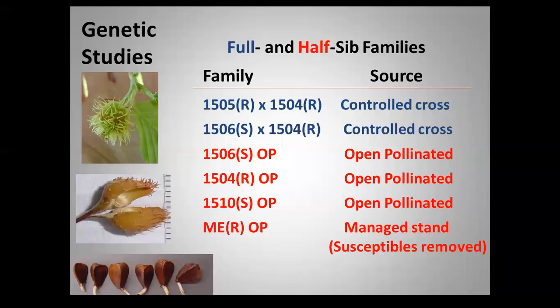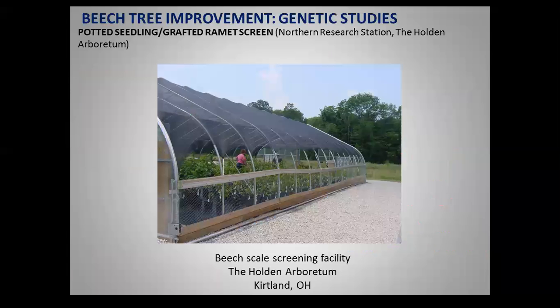The stand that it was located in was actually managed to enrich for resistance, similar to the cartoon slide that I showed, where the managers went in and removed all the diseased trees. So this tree theoretically would have only resistant fathers around in the stand surrounding it that would be capable of pollinating it. So we collected all these seeds, germinated them, grew up the seedlings, and the next step is to